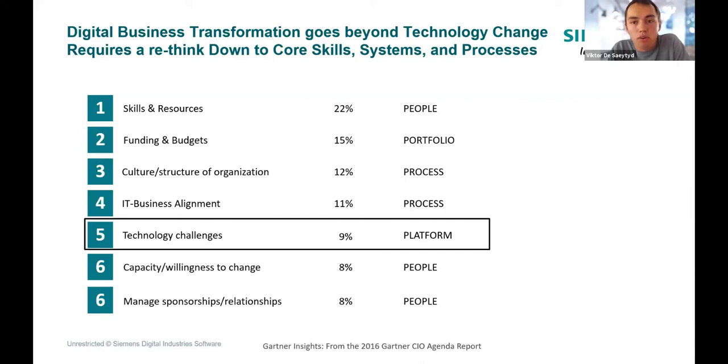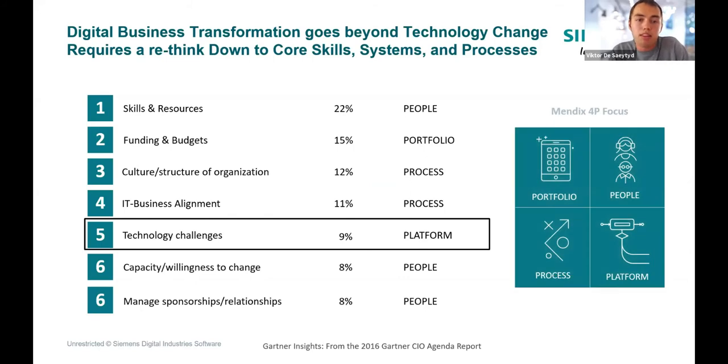There needs also to be focus on people, portfolio, and process. And I think Mendix is grasping all of these things. So it's way more than just a platform, but it uses the 4P principle for this. We don't only push technology into the market, but we also help the people change how they do business, how they interact, or how the interaction between IT and business is done. Also the processes, how we do everything.